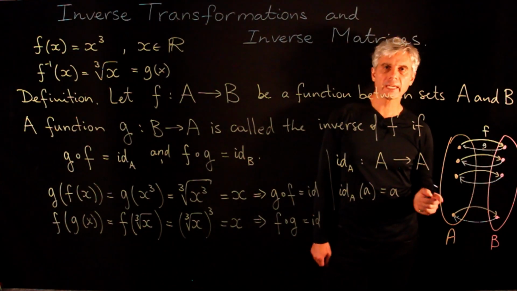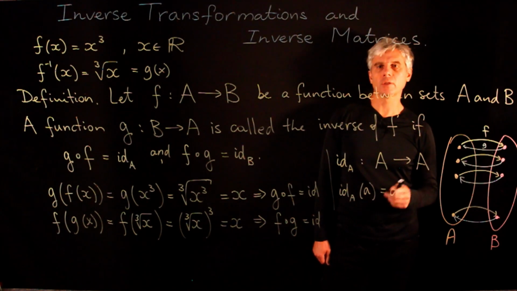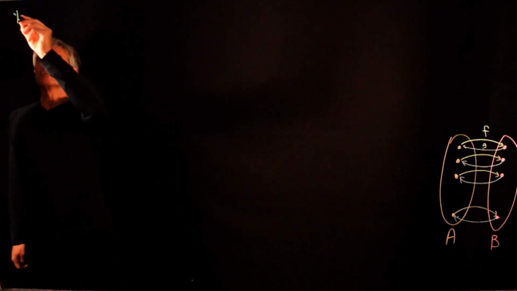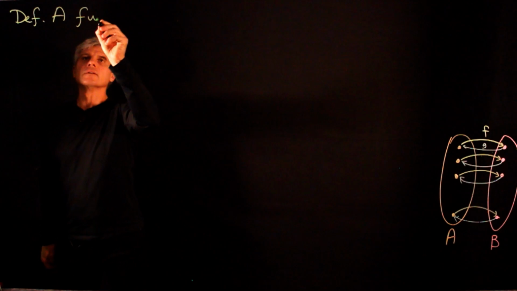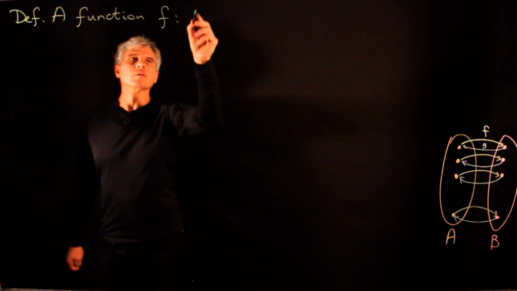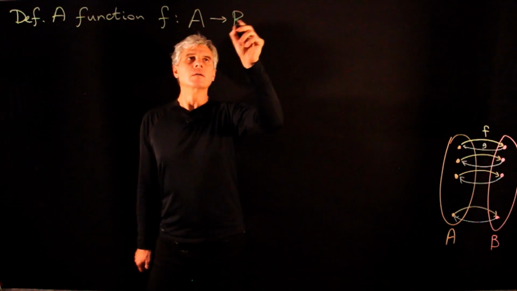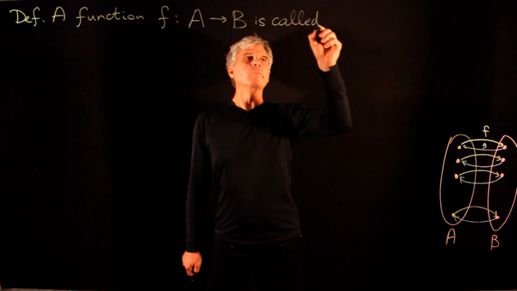Not every function has an inverse. And next, let us investigate the question of when a function has an inverse. Definition. A function f from A to B is called bijective